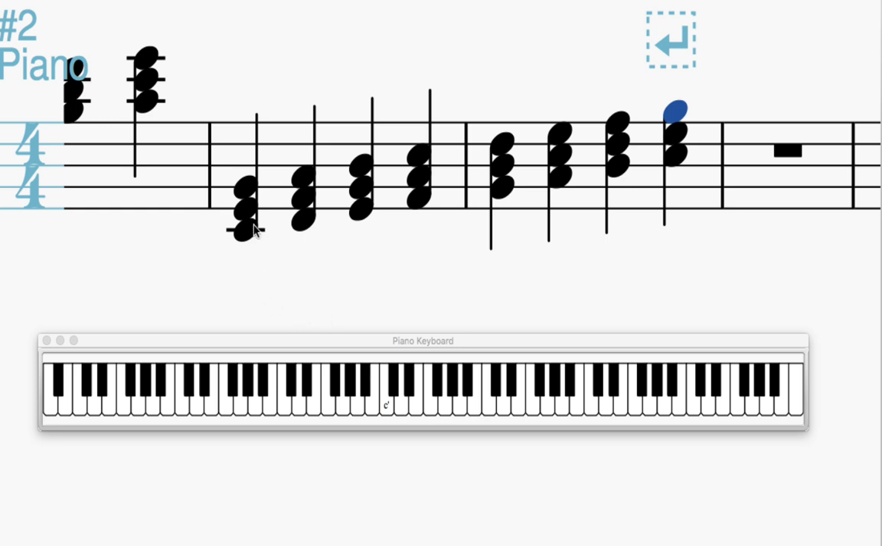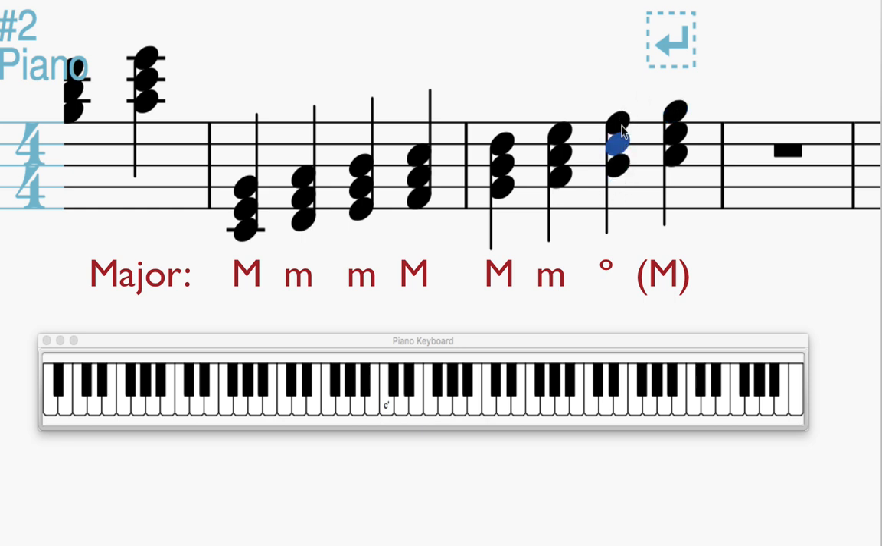So the pattern here is major, minor, minor, major, major, minor, diminished, major. Let's think about this for a second. Let's just use the diminished chord because there's only one of these diminished chords. Let's just pinpoint on that. This is a B diminished chord, and it's the 7 chord. Okay, it's the 7th chord in the sequence. It's the chord built on the 7th in the key of C, because B is the 7th in the key